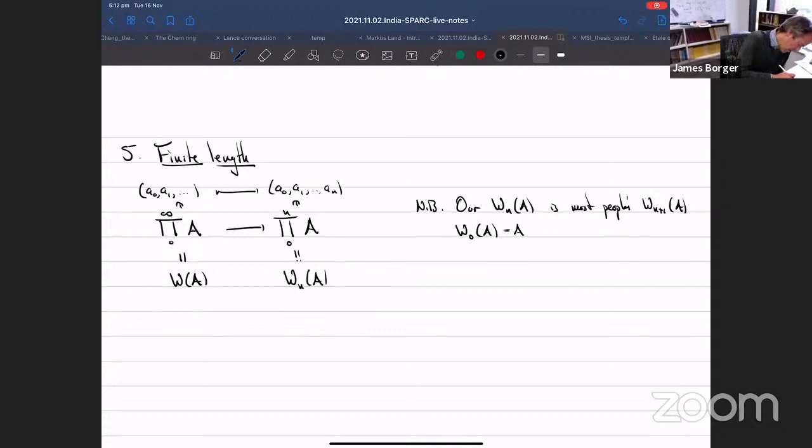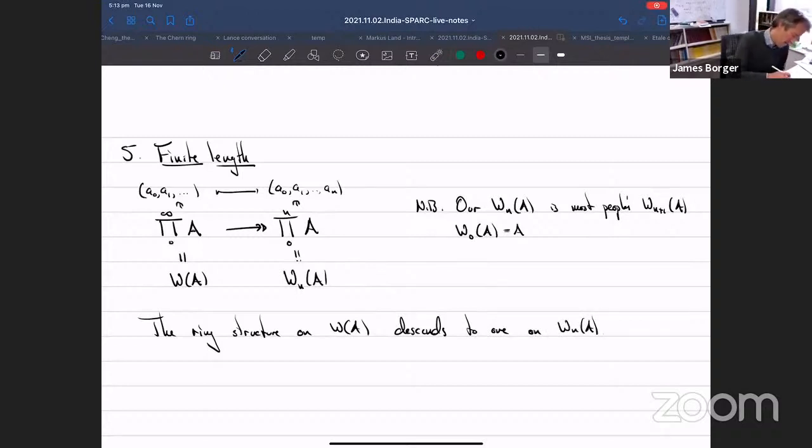Okay, but now the point is, this is obviously surjective. And the point is that the ring structure, so it's a set quotient, but it's also a ring quotient. The ring structure on W A descends uniquely, of course, to one on Wn of A. And the proof, remember, the ring structure here is given by these Leibniz rules for addition and multiplication with respect to the iterates of the delta operator. And so proof, the Leibniz rules,